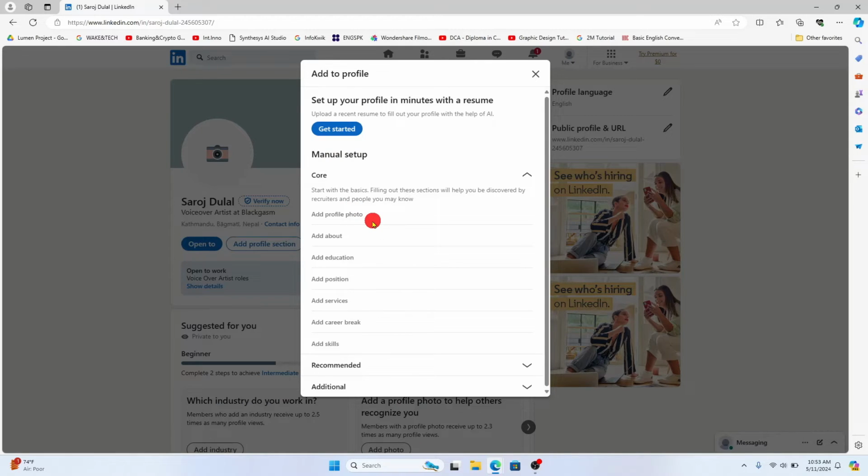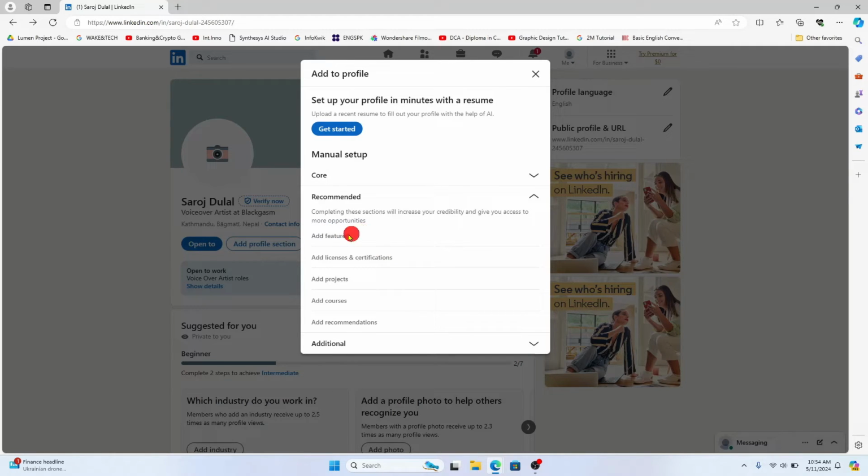You can add your profile photo by clicking on the Add Profile Photo option and then edit your About info by clicking on About. Similarly, you can also add your education, your position info, as well as your career break and skill information. Underneath the recommended section, you have the option to add any featured content and also your licenses